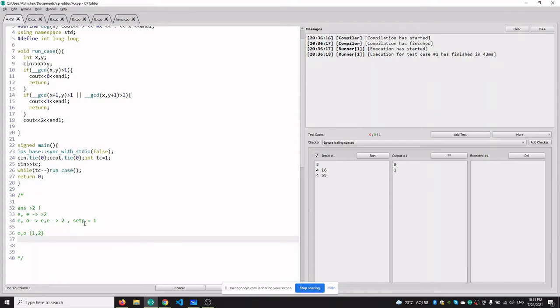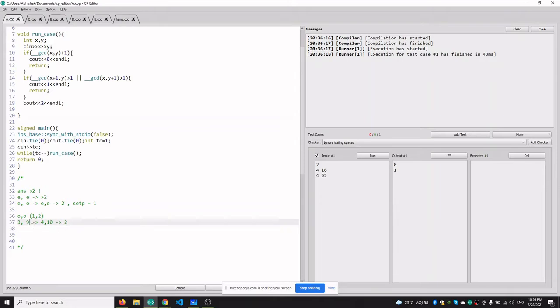So if we have 3 and 9, we cannot do it in one step. We need two steps, that is, increment 3 by 1 and we will have 4, and increment 9 by 1 and we will have 10. So these two become even, and we have a GCD of 2. So our number of steps is 2. Slight correction, Abhishek: in 3, 9 there is already a GCD equal to 3, so no need to increment. Let's take another example, 3 comma 5.